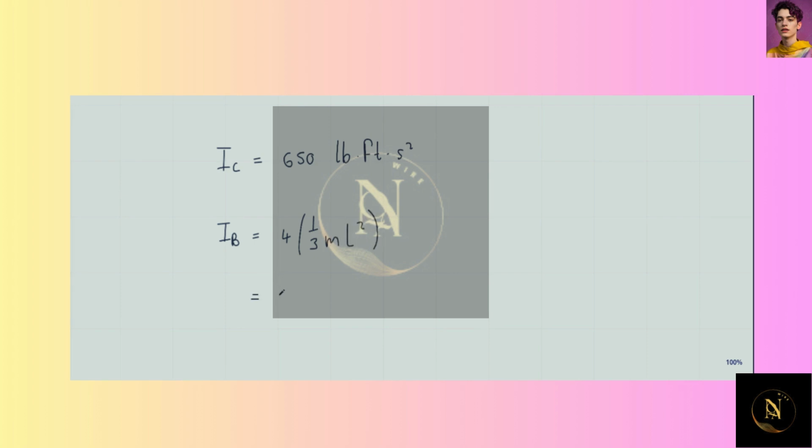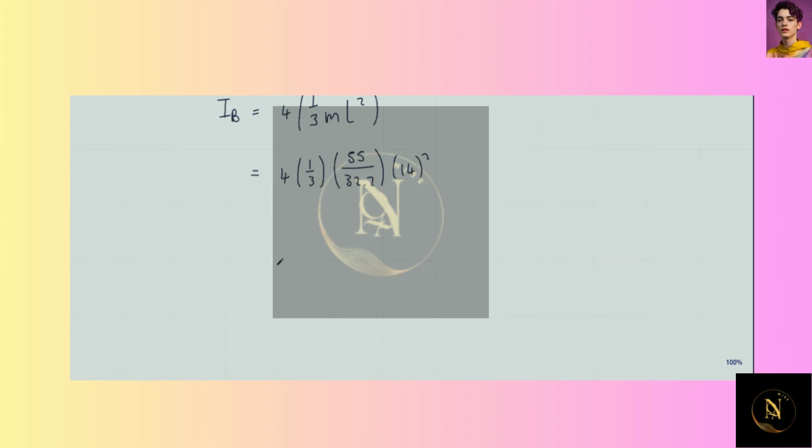And this is equal to 4 into 1/3, and the mass of the blades is its weight, 55 pounds, over 32.2 feet per second squared, so the weight divided by g, and L is 14 feet, all squared. And so we get the mass moment of inertia for the blades is 446.38